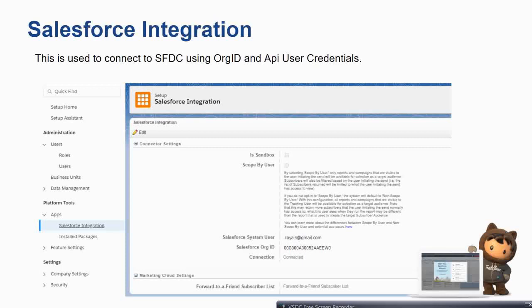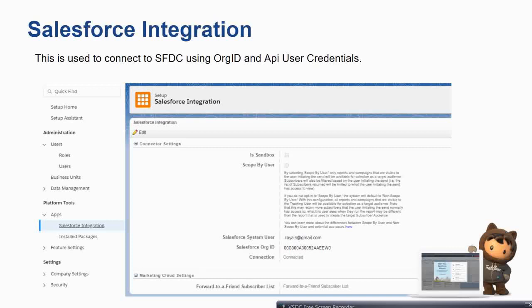For that also, installed packages is the place to go. If you see the picture, you will find roles, users, business units. These are the places from where you can create a user, create a role, assign roles, etc. All the administrative stuff you can do over here.